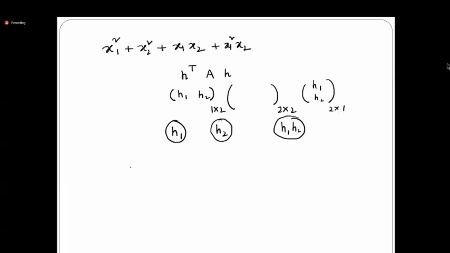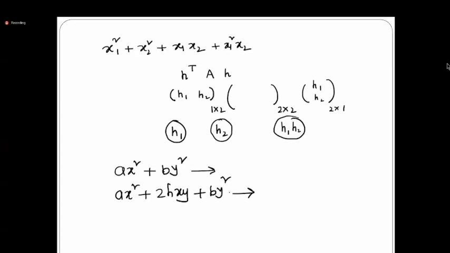I'm saying that if you have considered an expression like, I'm just taking a simple one, ax square plus by square. Here we are seeing that the power of x is 2, the power of y is 2. So the degree of this expression is 2, which means it is a quadratic form. If I consider ax square plus 2hxy plus by square, the same thing happens. The power of x is 2, the power of y is 2, and here x into y is coming. This is also 2, right? The power of x is 1, the power of y is 1, so ultimately xy is also of degree 2. So that means this is also a quadratic form.